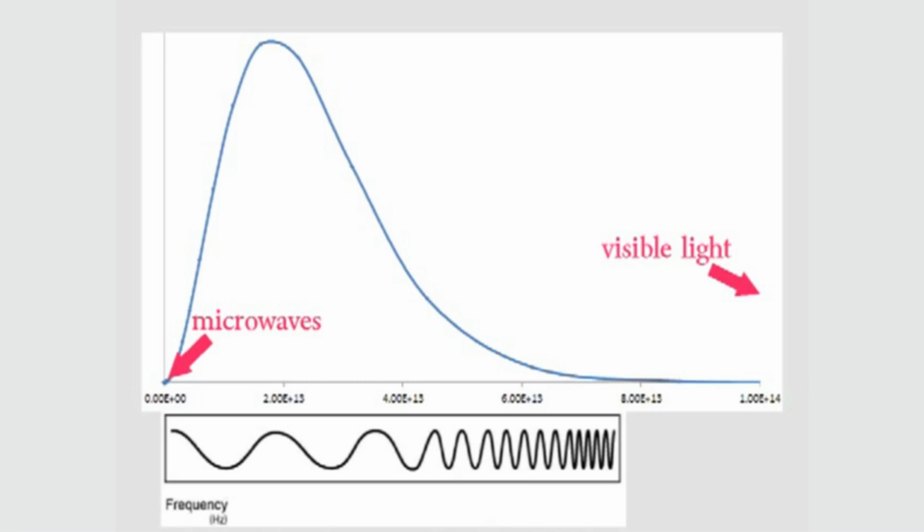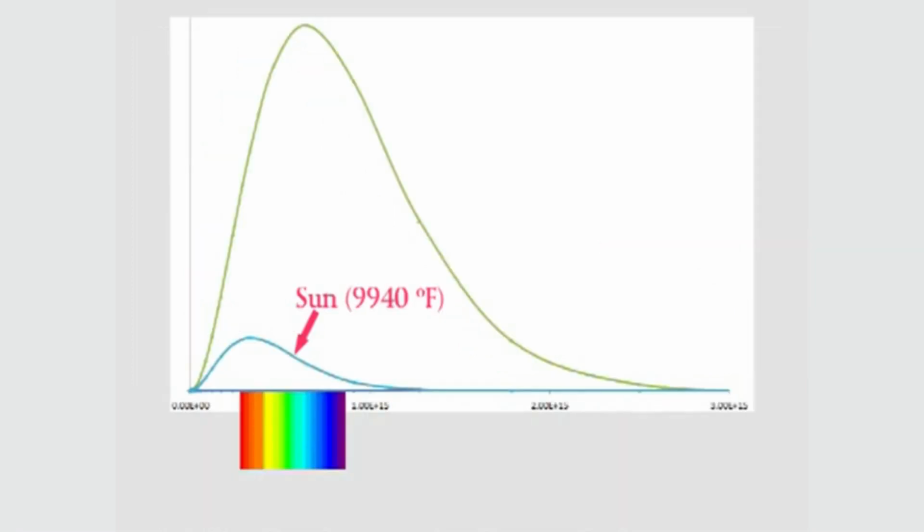The Planck equation works really well for stars too, which was the whole point to begin with. If you plot out the spectrum of the sun, for example, you find out that it matches up with the plot you get from the Planck equation at 9940 degrees Fahrenheit. You can see that the curve's pretty high in the red and yellow regions as well as in the infrared, and that's just the way our sun is. Meanwhile, Rigel's spectrum matches up with a plot of the Planck equation at a temperature of 19,300 degrees Fahrenheit. It's way hotter than the sun, as you might expect. And the curve shows that Rigel is blue-colored.